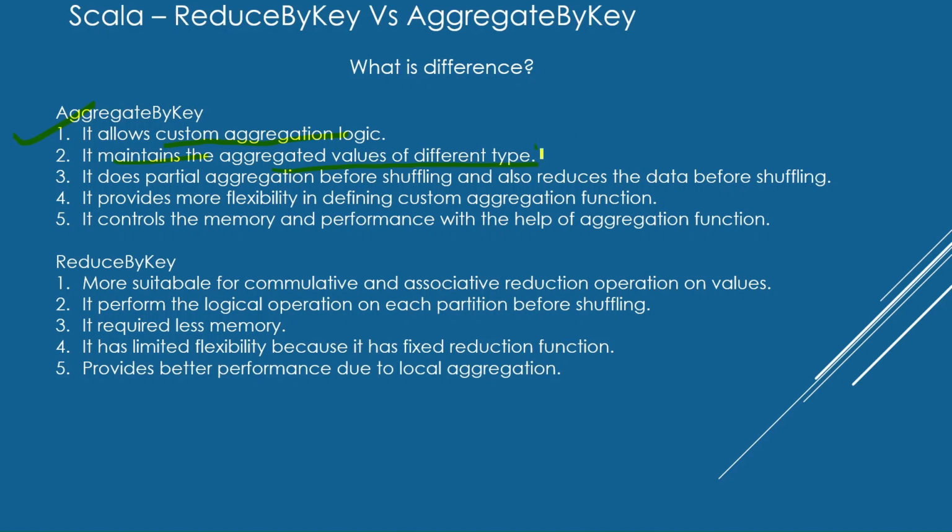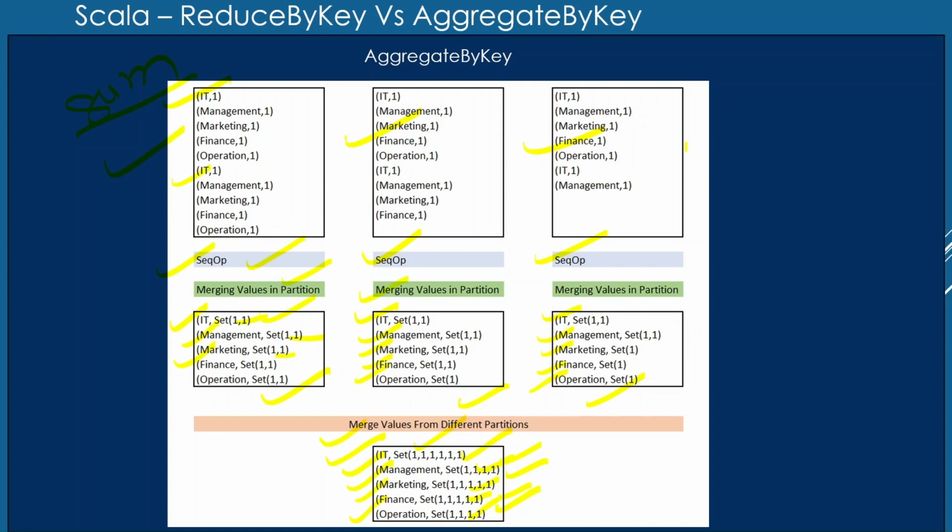And this is one of the major advantages of using the aggregateByKey function. If you want the output or the result to be of a different type, we can use the aggregateByKey function. It does partial aggregation before shuffling and also reduces the data before the shuffling. As I told you, here you can see that this sequence operation is doing the partial